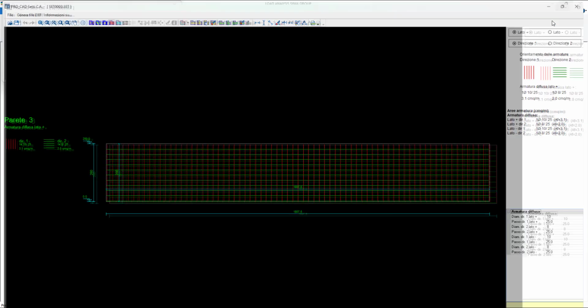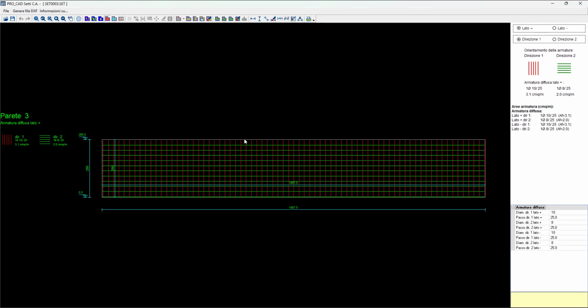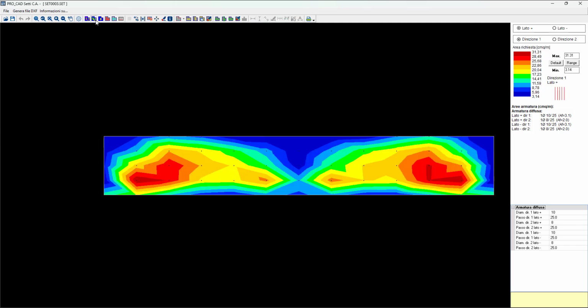And from here, as before, basically you can add additional rebars. With this command, you can see the status, the required area of rebars. So now with this command, you can basically add rebars where it's needed. Like in this case, we see that we have a need of additional rebars maybe in these areas.